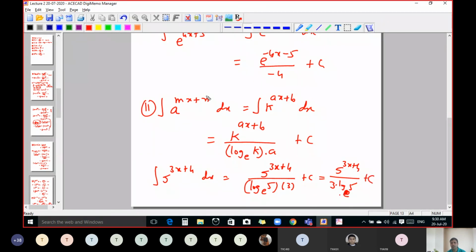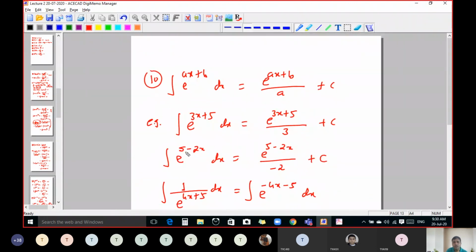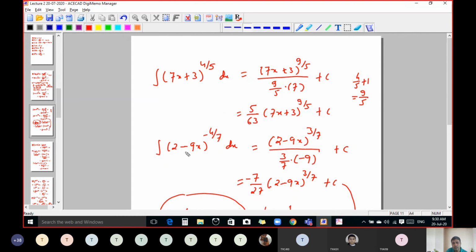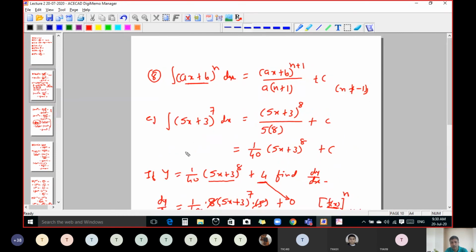So this is the way to find the answer when there is a linear function as a power of any constant number. So I think this is enough for today. We will continue in our next lecture. Do the practice, and it's better to write down each and every result every time. If you miss any of the results, then in the next lecture we will revise all those results and then we will